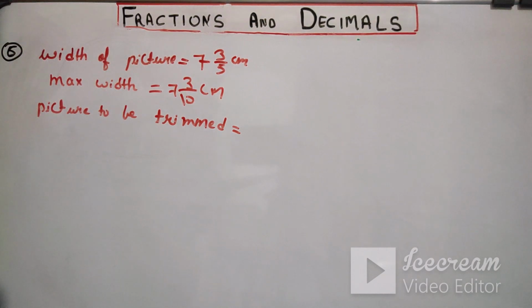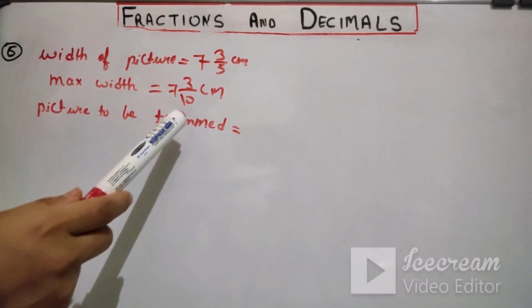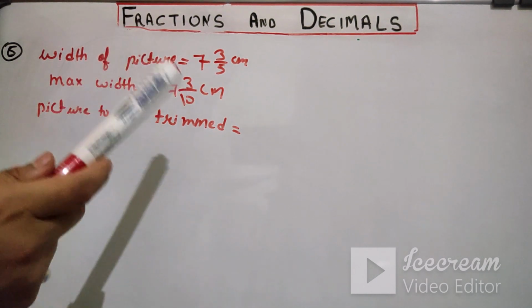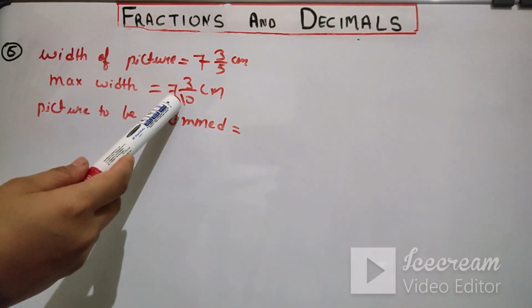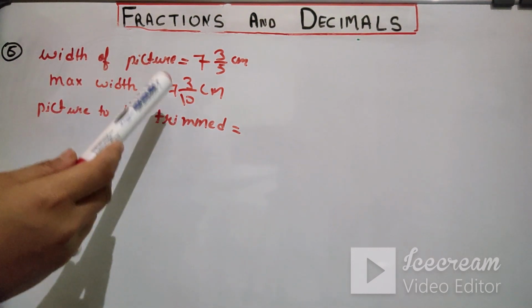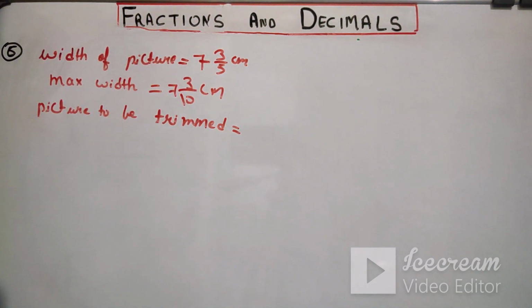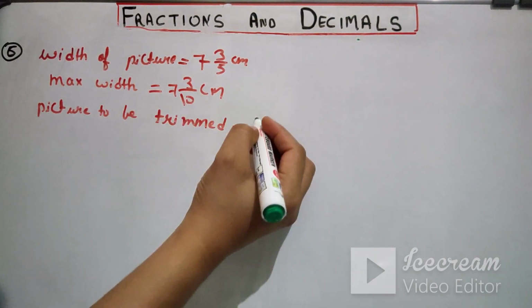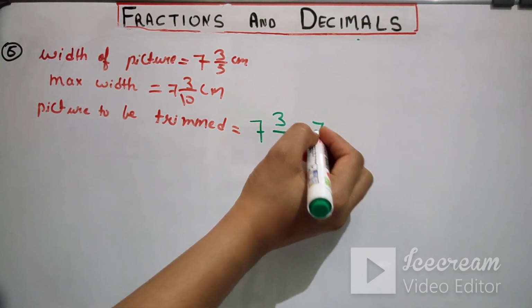Okay, so the width of the picture is given is this one and maximum width is... maximum width का मतलब क्या होता है? Maximum width का मतलब होता है कि इससे ज़्यादा नहीं फिट हो सकती है, ठीक है ना? तो ज़्यादा से ज़्यादा इतनी ही होगी, ठीक है, तो जितनी होनी चाहिए उसका हम सब्ट्रैक्ट कर देंगे फ्रॉम दी टोटल विथ, तो हमारा इजीली आंसर आ जाएगा. ओके, सो विथ मैक्सिमम इतनी होनी चाहिए और एक्चुअल विथ इतनी है, तो एक्चुअल विथ ज़्यादा है, तो हमने उसको माइनस करना पड़ेगा, right?